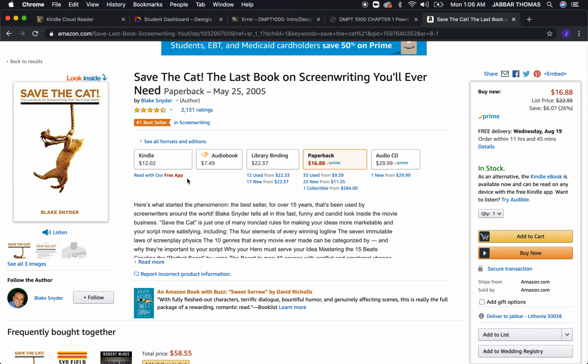That's the way I like to go because I buy so many books that having to carry them all around is difficult, and of course books degrade over time with use, so I like to have the digital version. There are lots of advantages to that. If you know me, you've seen me use digital books quite a bit, so I want to highly recommend the digital book here. Also, you have the paperback if you want to do that. Another advantage of the Kindle book is you don't have to wait for it to ship to you, okay?